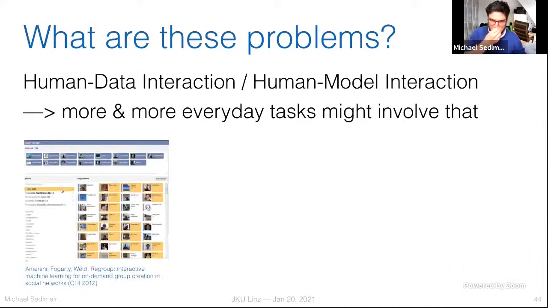And here are a few examples just to stress that point that I want to make here. So here's one of the papers that I really like from Sedlmair and Amershi from KITE 2012, where they essentially proposed a tool, like a recommender system, where you would select some friends from your Facebook friend list to organize a party. Well, it sounds very distant in those days, but there were parties at some point in the